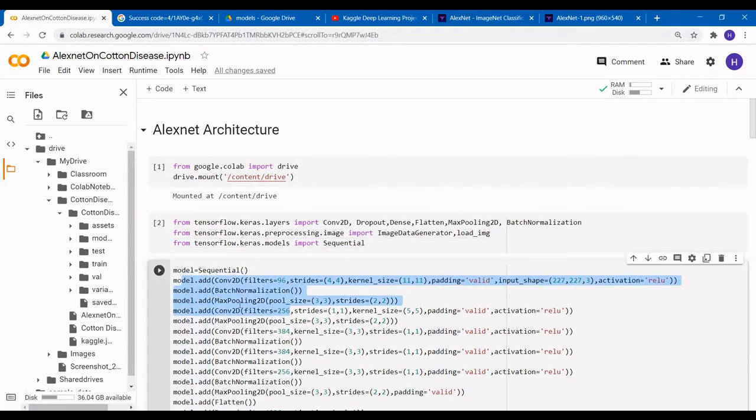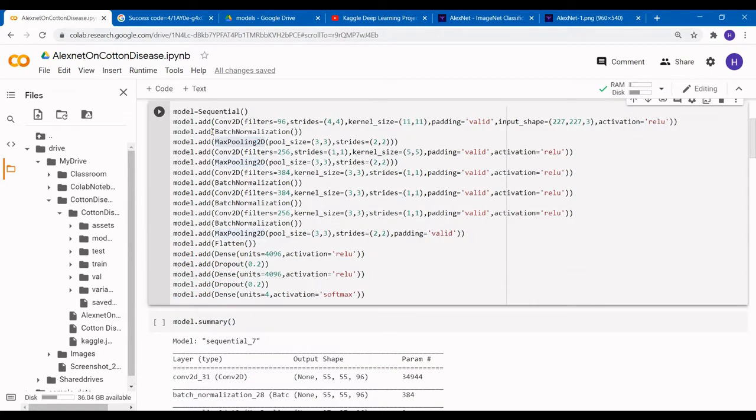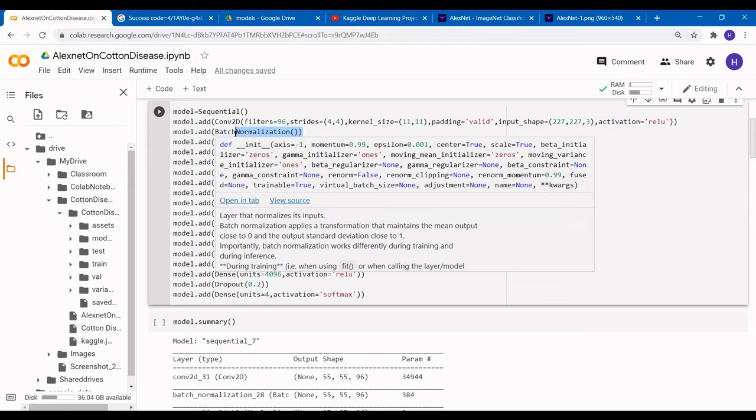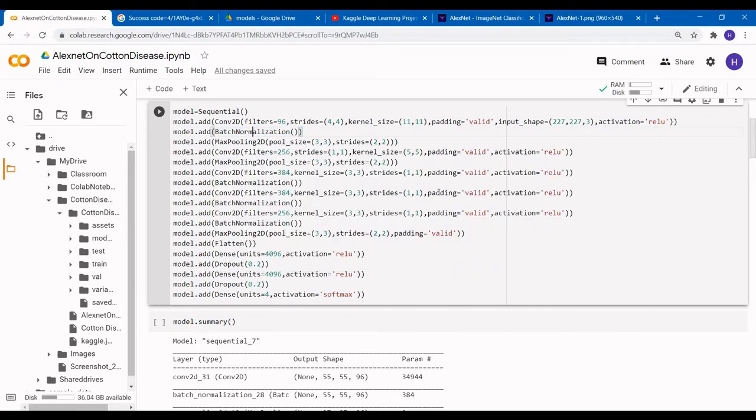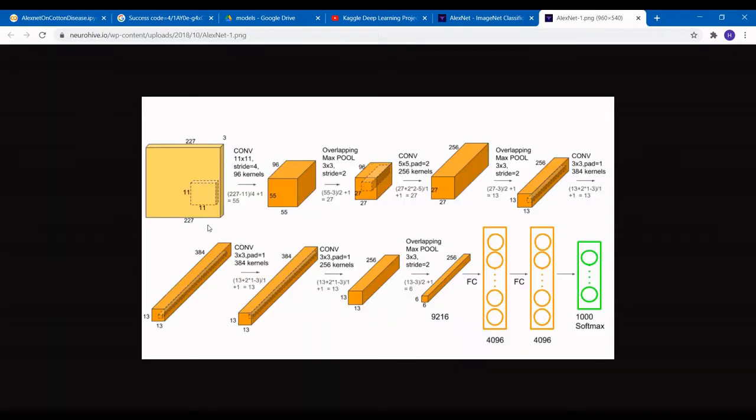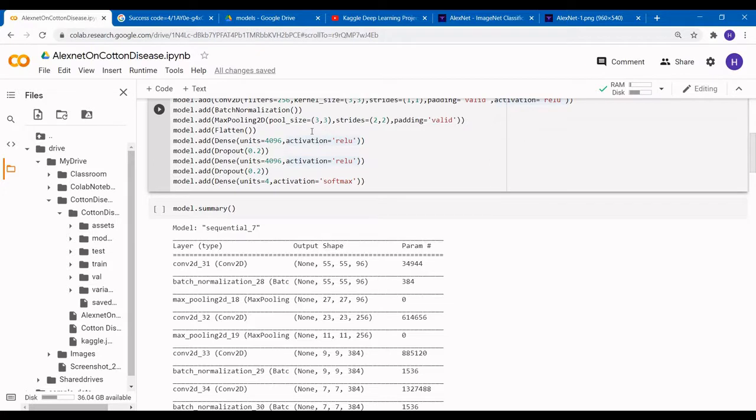First I used our convolution layer, then we used our max pooling layer. I added batch normalization because it is a deep neural network, so it will try to handle the scale of the distributions. Here we have applied padding equal to valid because, as we can see, our image is reducing. It simply means this architecture has no padding. Finally, we have added our flattening layer.